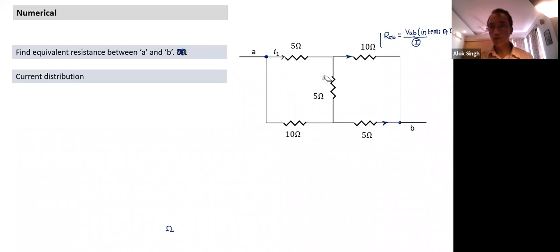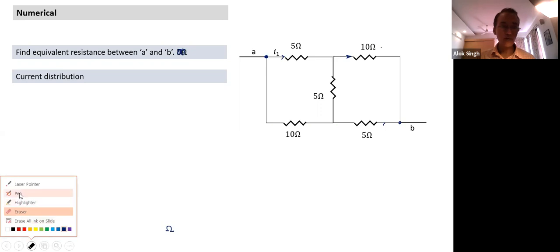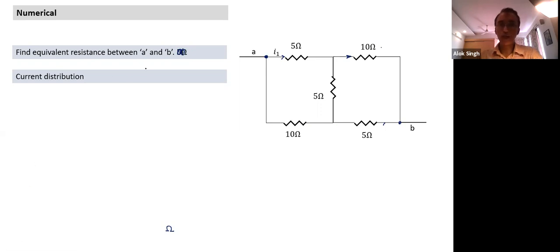Mentally, all of you think that you have understood how you're going to do it. Start with a clean slate and think in your mind how you are going to do it. What are the broad steps we talked about? We are going to find the potential difference, to find the equivalent resistance between A and B. What is resistance between 2 points? It is equal to the potential difference between 2 points divided by the current flowing into the junction.